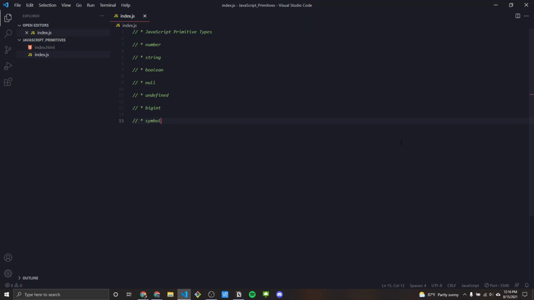We're going to be going into detail on each type, except for these last two, which are BigInt and Symbol. I've personally never had to work with these in my experience, so I'm going to focus on these five: number, string, boolean, null, and undefined. We'll go into detail on what a primitive type is and what their properties are, and how they are different from non-primitive types, an example of which is an object or